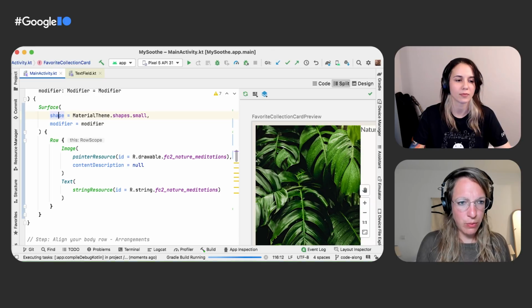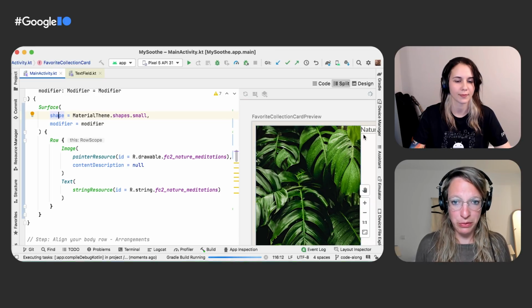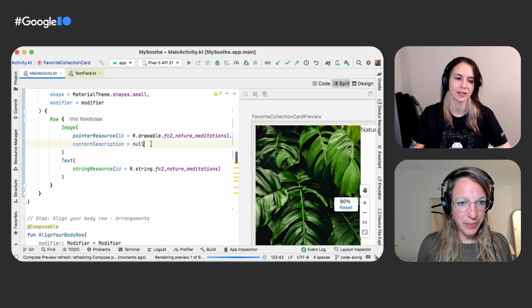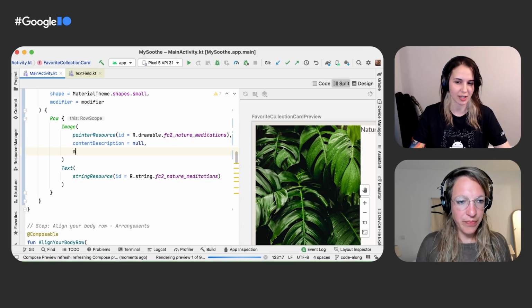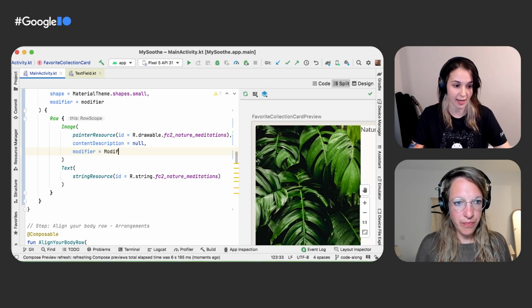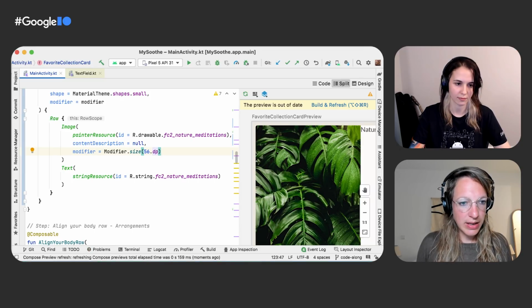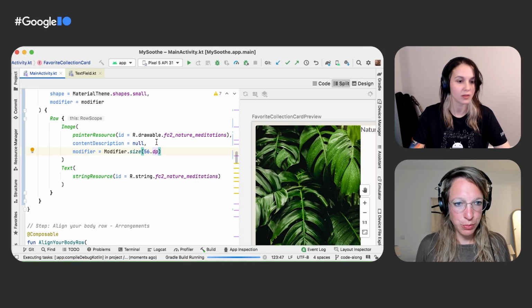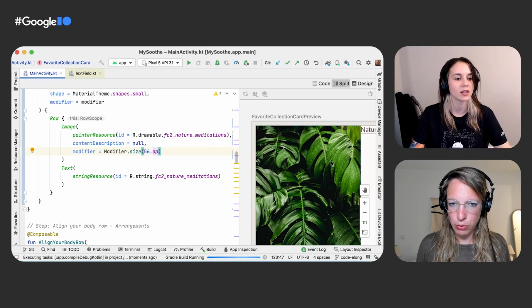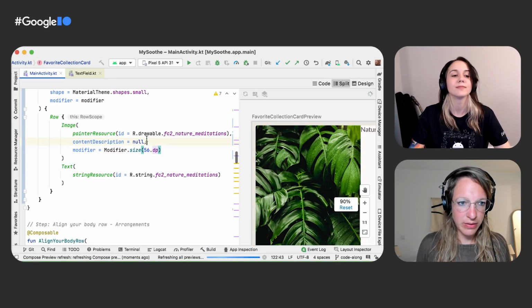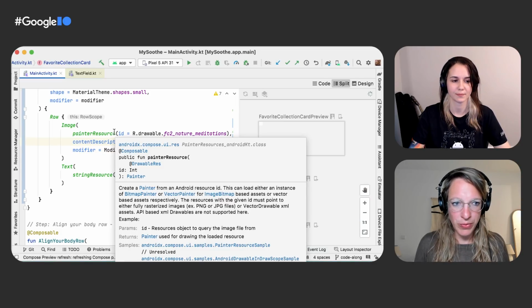And I think with that, if you look at the preview, we can do something about the size of that image, right? Exactly. It's a bit too big now. So we can actually set the size of the image to 56 dp using the size modifier. Yes, so let's use a fixed size here of 56 dp. And with that, our image should be much smaller, but again, it will probably not be cropped the right way, right? The image itself is using the wrong content scale.